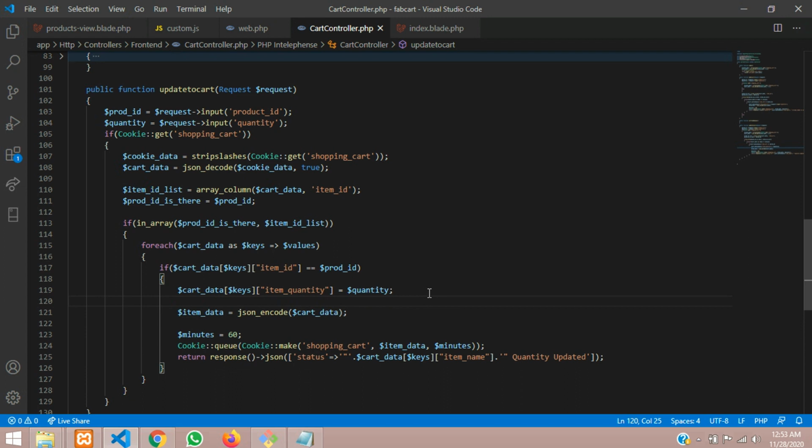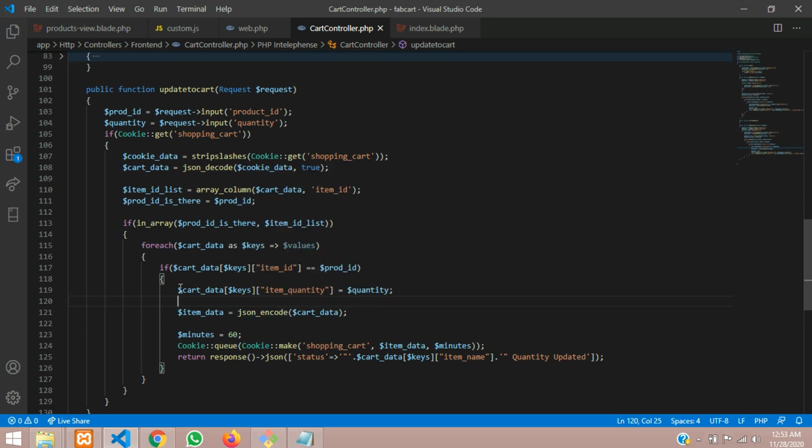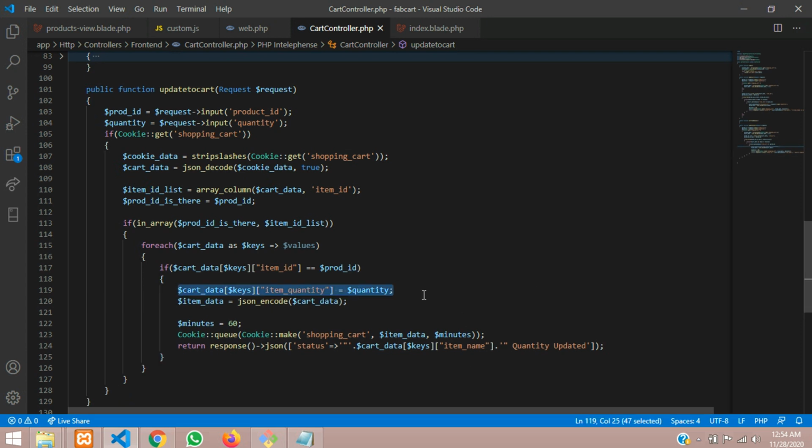Let us do a simple thing, we will create a few functionalities. As you can see, these two things which we have, the quantity and the price. Now let's copy this and paste it.